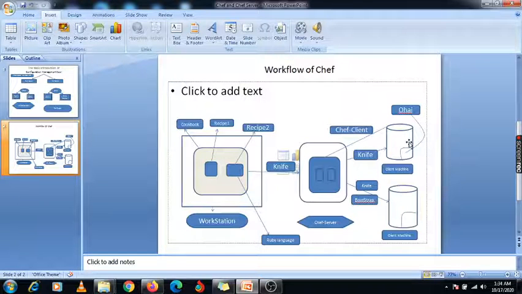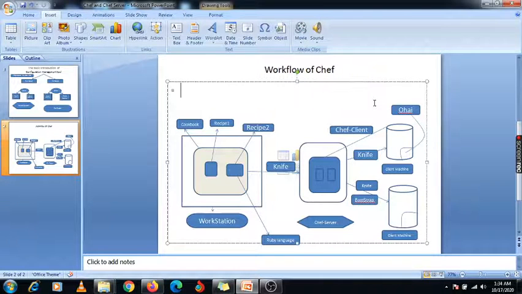When you have installed this Chef, there are some other software we use to install on your client machine. Under these client machines there is one Ohai region, okay? Ohai means your metadata, whatever the system configuration is available on your node machine, or you can say your client machine.